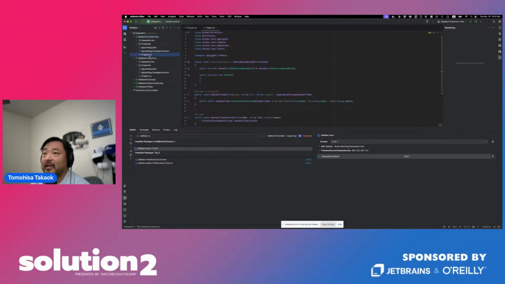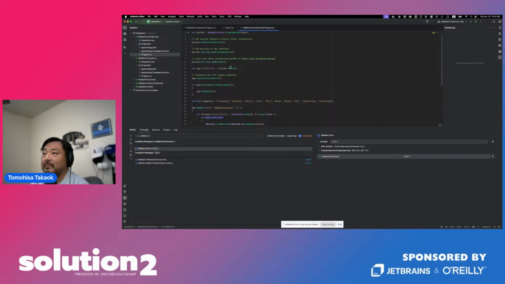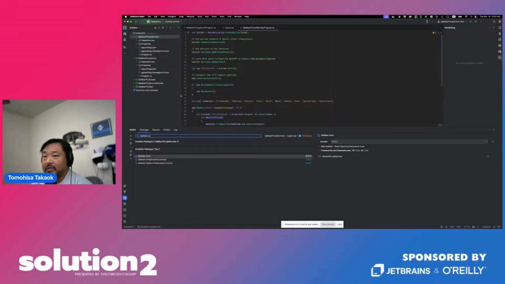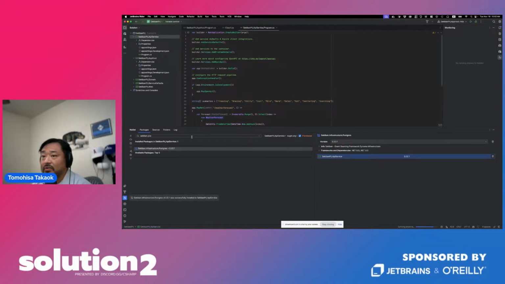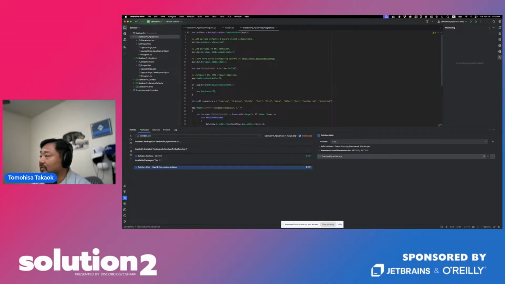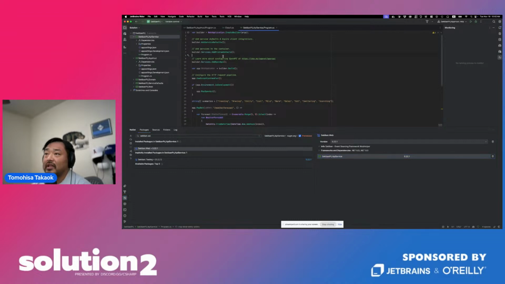So let's make the API service as well. For the API service, you need to specify infrastructure, Sekiban, Postgres. So I'm going to use Postgres as the infrastructure here. And also you want to create the web API. So Sekiban web, and then add the NuGet package. And now let's add it to here in the command.